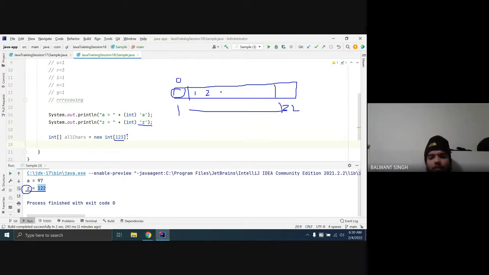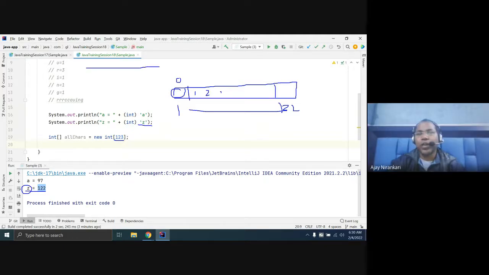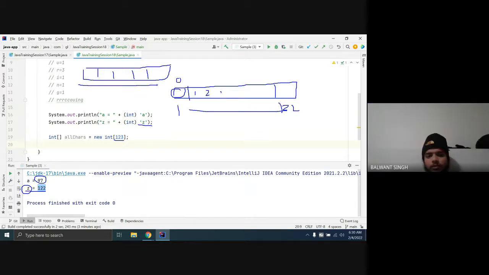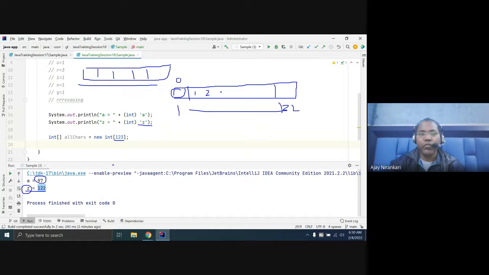But sir, there are only 26 alphabets, so I think we need only 26. Let's assume you can create an array of 26. But you know A is 97, so there is no index 97 here. So where are we going to increment the count?